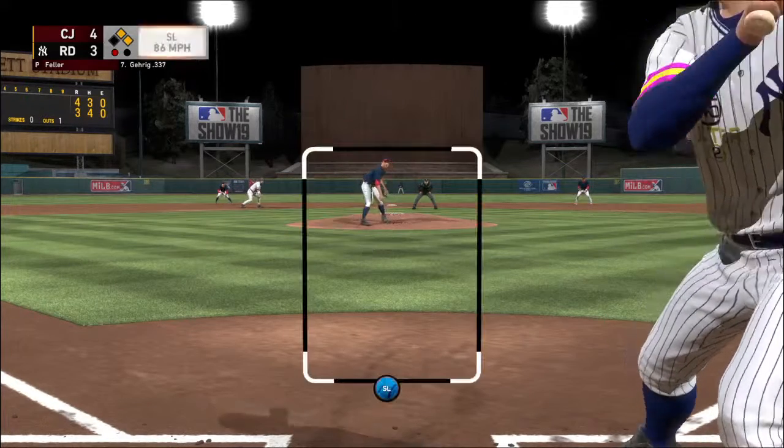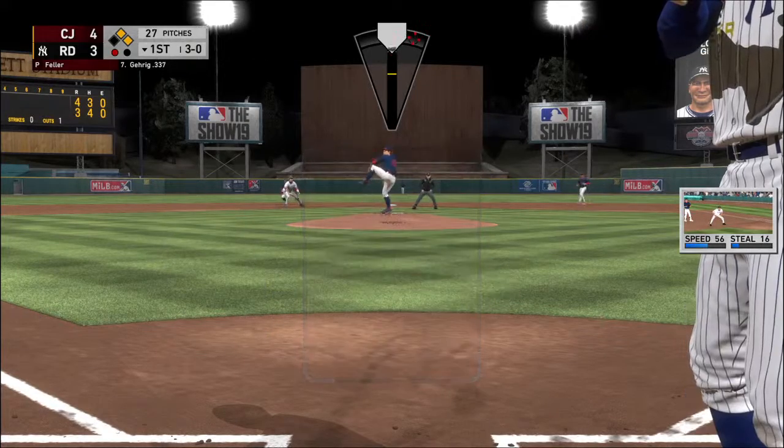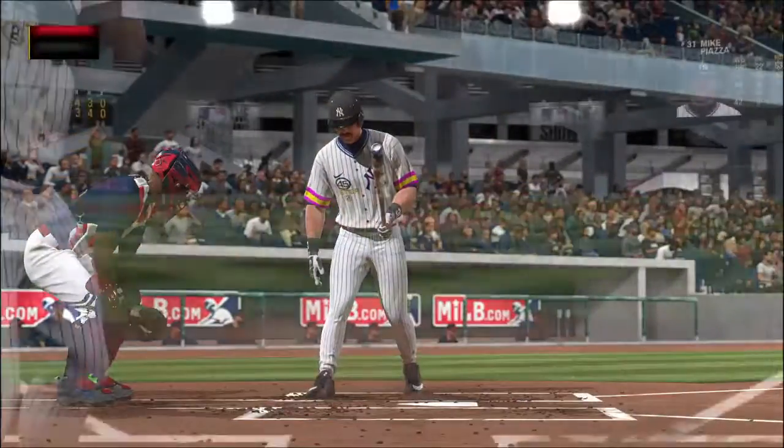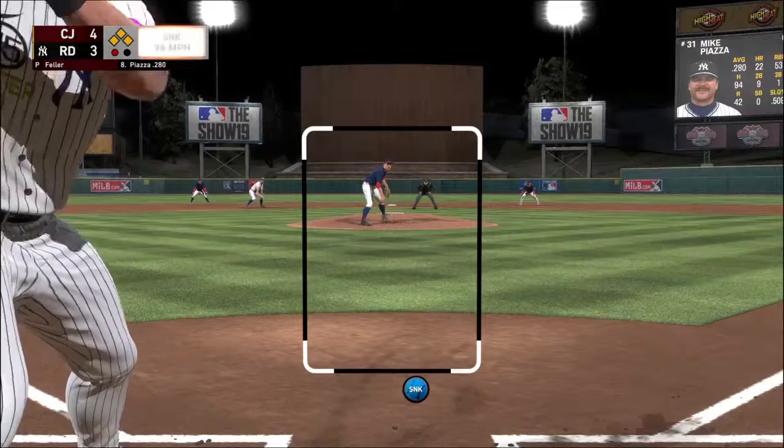Ball 3. Well, I know the last thing he wants is to load the bases right here, so the pressure is on right now to get back in the strike zone. Ball 4. Take your base. Coming to the plate now, Mike Piazza, as he's got a chance to tie this ball game up